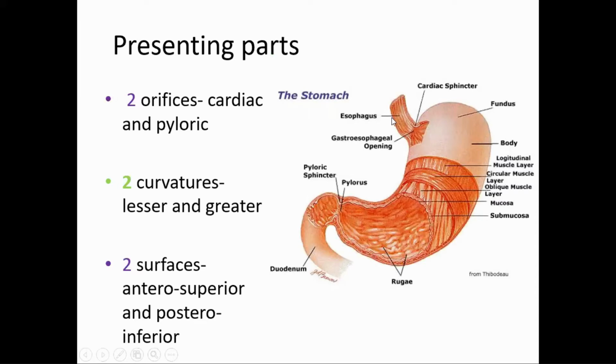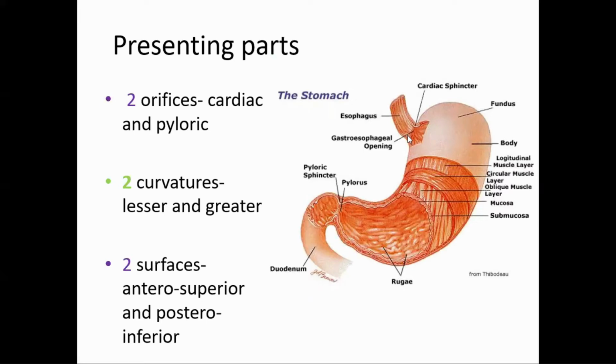It presents two orifices: the cardiac orifice and the pyloric orifice. The cardiac orifice is the junction of the stomach and the esophagus, and it lies opposite a vertebral level. What is the vertebral level? T11,